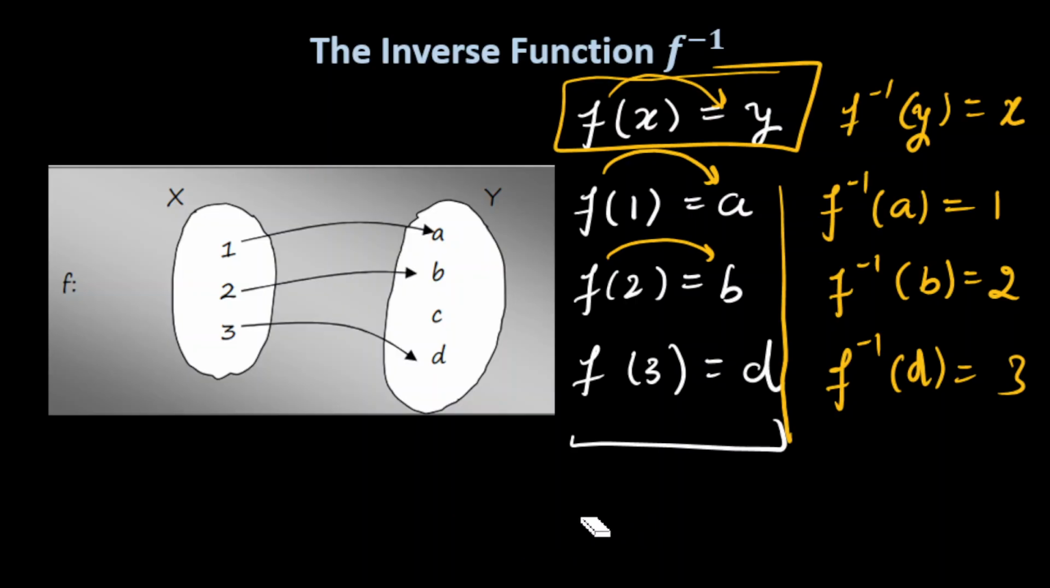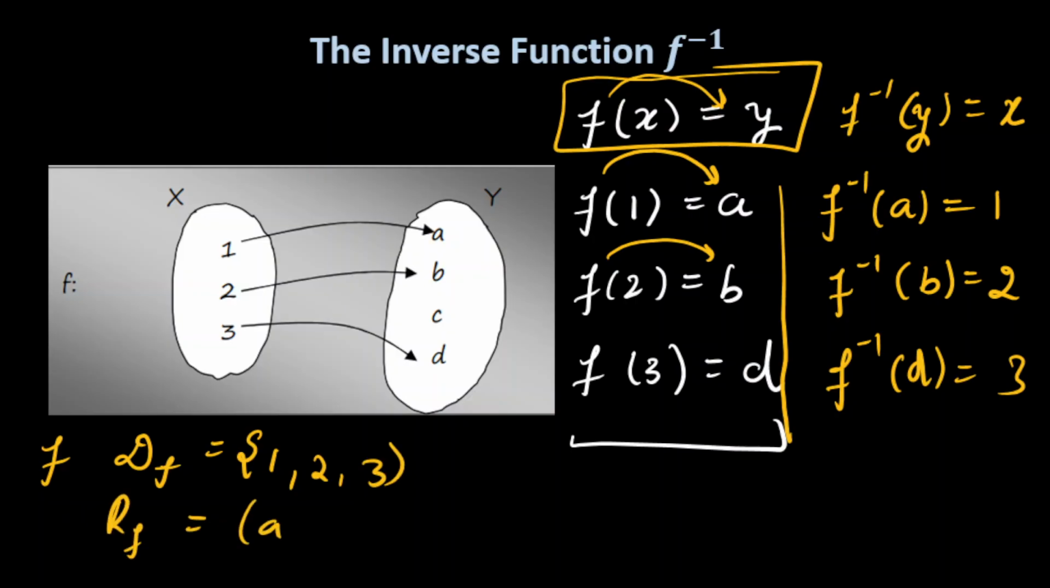So what is happening here? We know 1, 2, 3. For function f we have already learned the domain is all x involved. So that is 1, 2, 3. And the range for function f is A, B and D. All y is involved, so all images. But for function f inverse,